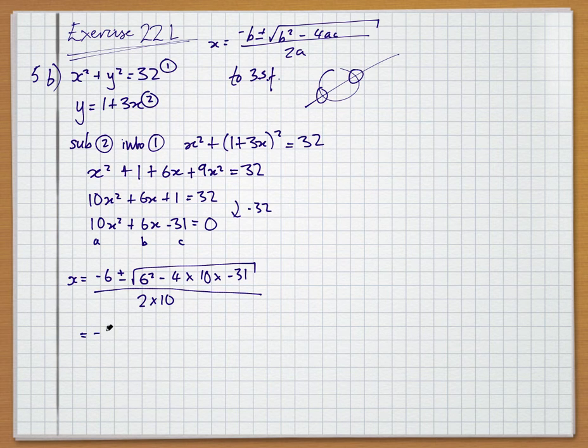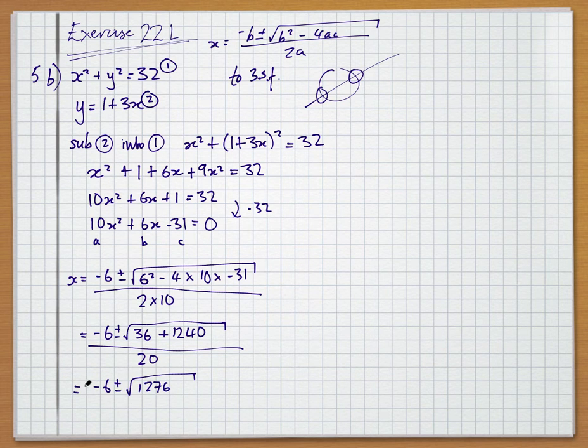X equals minus 6 plus or minus square root of 36. Minus 4 times 10 is minus 40, and I use a calculator here. Minus 40 times minus 31 is plus, minus times a minus is a plus, 1240, all over 20. So I simplify this bit by bit as I go, which is minus 6 plus or minus the square root of 1276 over 20,